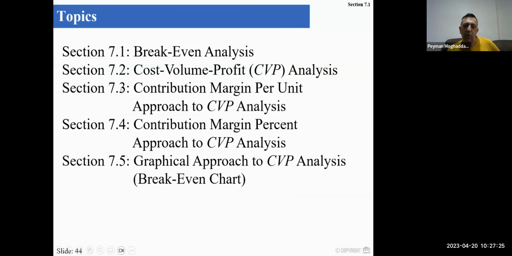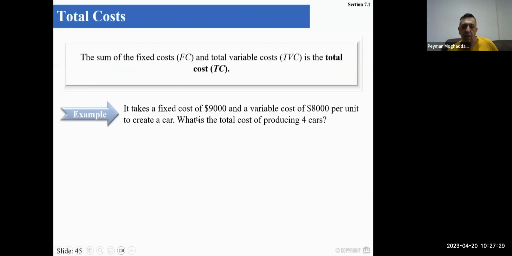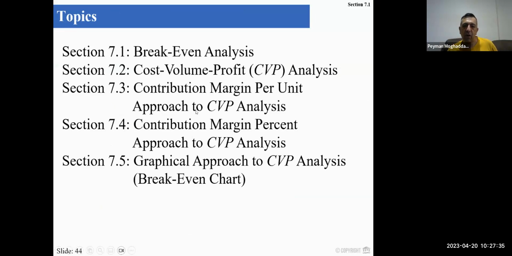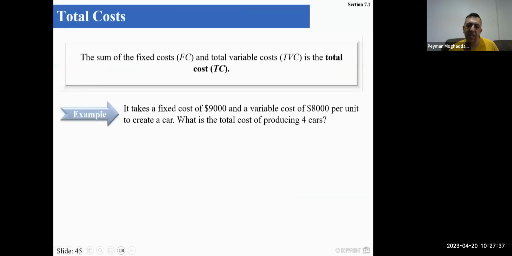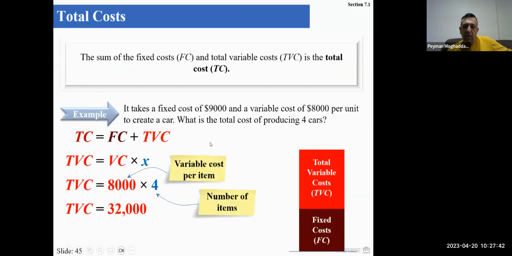All right, the last topic which we learned last week was multiple item break-even analysis and basically cost volume profit analysis, right? So that's what we learned last week. Basically, what we learned was